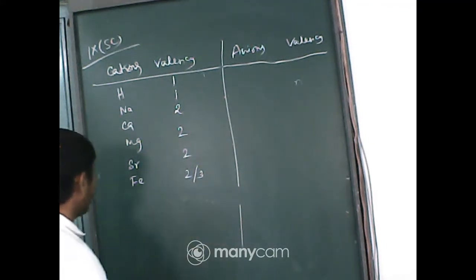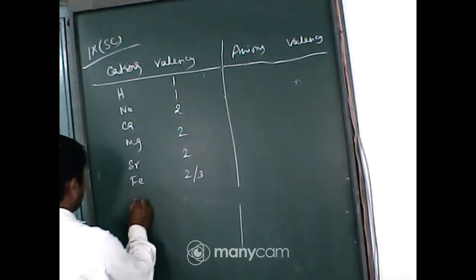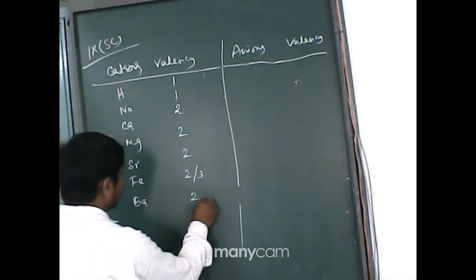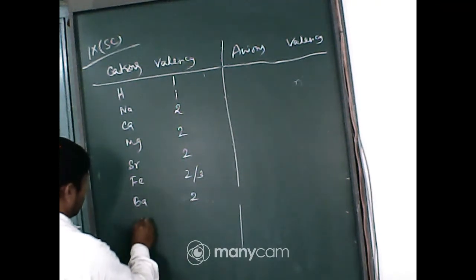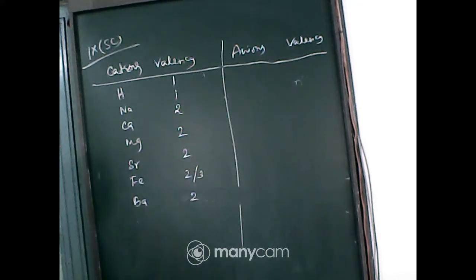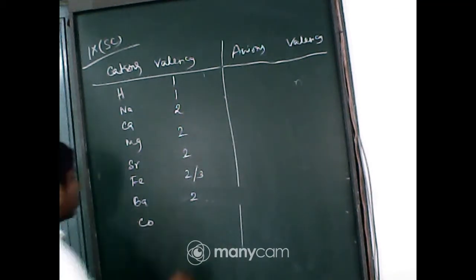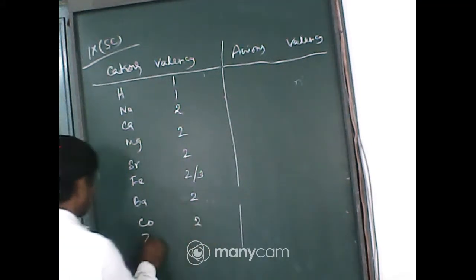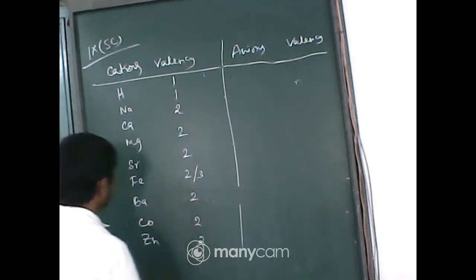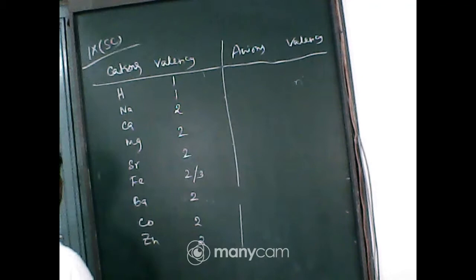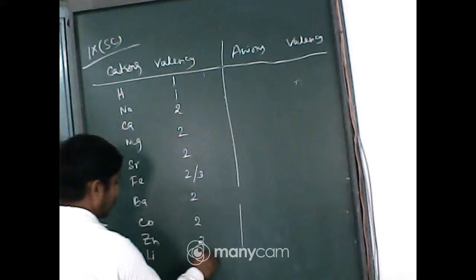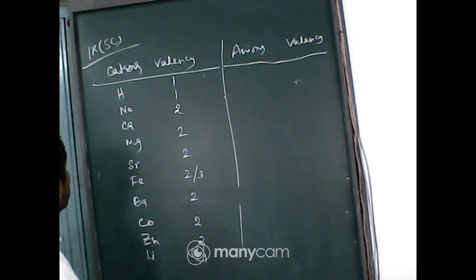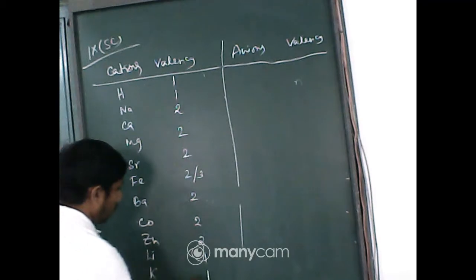Now iron, then move to barium 2, then cobalt 2, zinc 2, lithium 1, potassium 1,